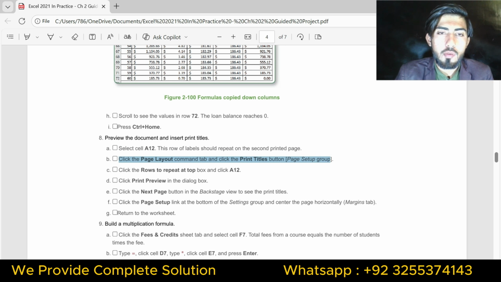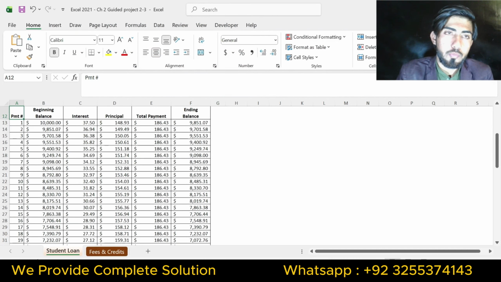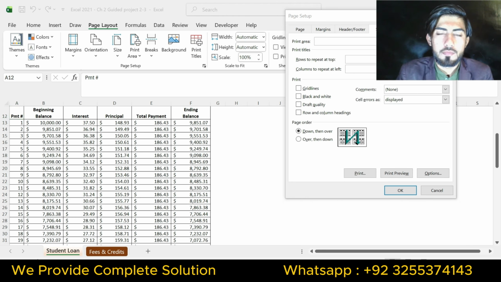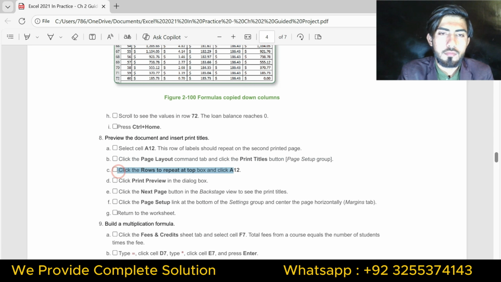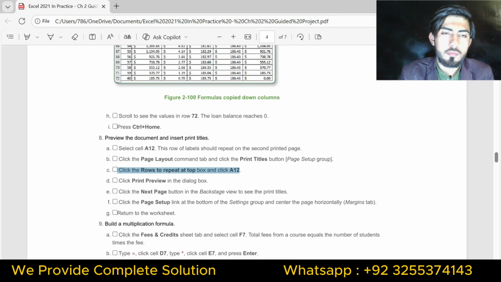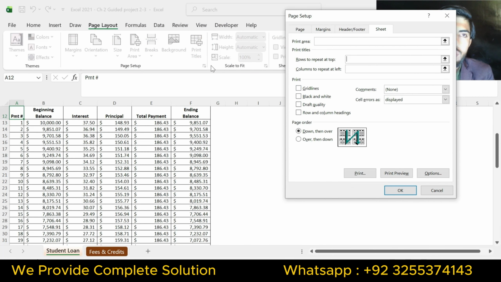Part B is click the Page Layout tab and click the Print Titles button in the Page Setup group. Part C is click the Rows to repeat at top box and click cell A12.